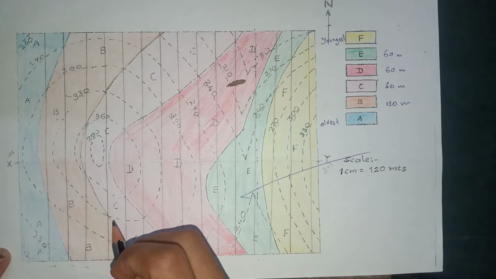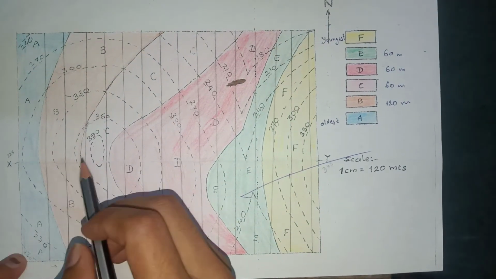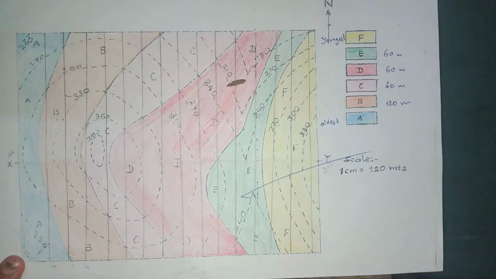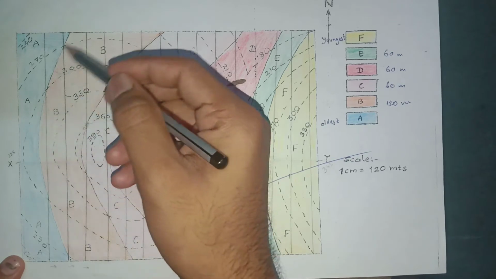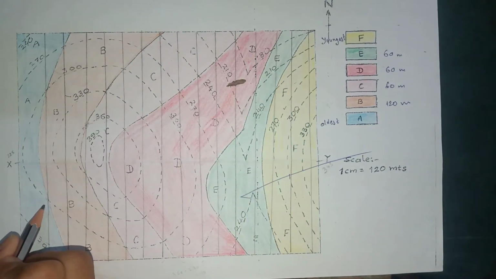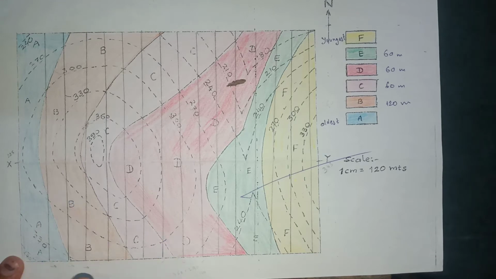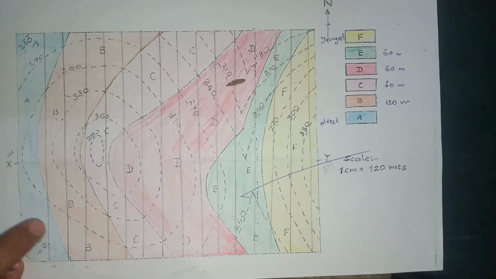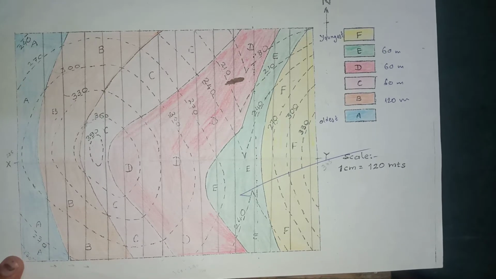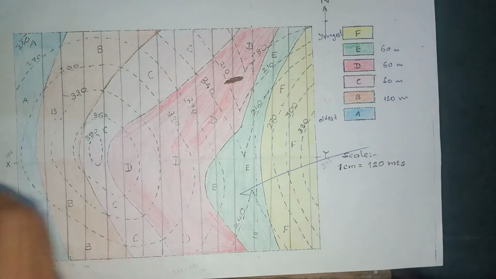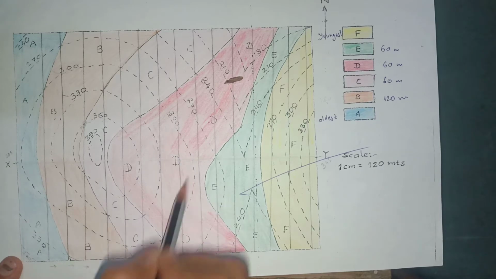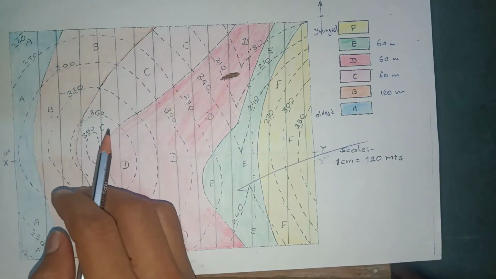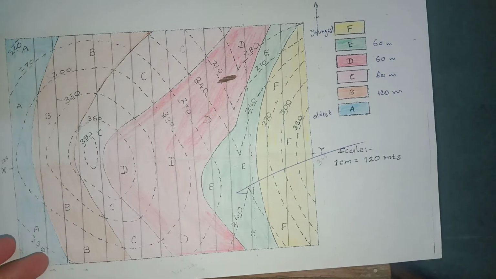Now how to make a straight line? For that you have to select a continuous line. Suppose I have taken this continuous line. Now search for at least 2 points of a contour dotted line which are cutting this continuous line. This is cutting at 300, this contour line is also cutting at 300. Now take a scale and draw a straight line through these, matching them.